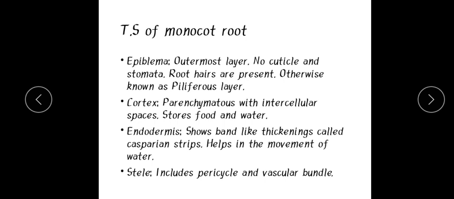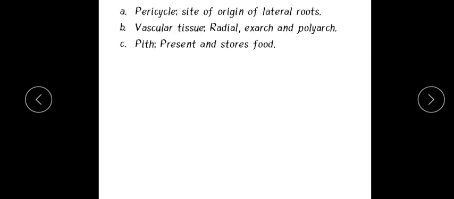Now, what is the function of endodermis? Basically, it helps in movement. It is just a single layer lying below the cortex. Okay. Now, the next one, you are going to have a look at the pericycle. It is a site of origin of lateral roots, I said, and this is a layer that is present below the endodermis. Okay, a strong layer we can say. Next is going to be the vascular tissue.